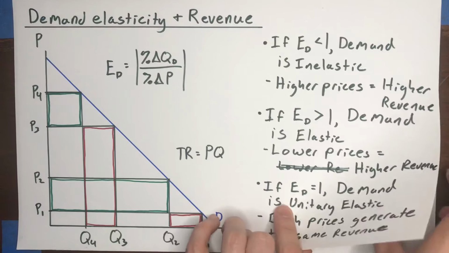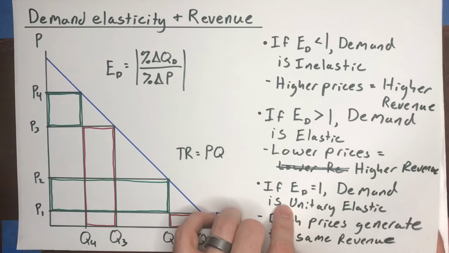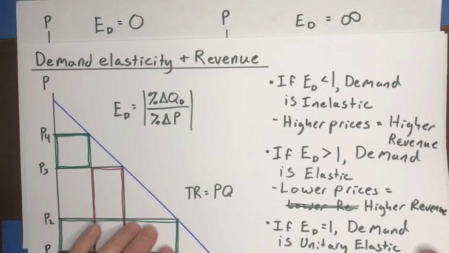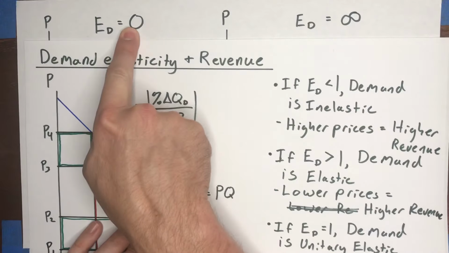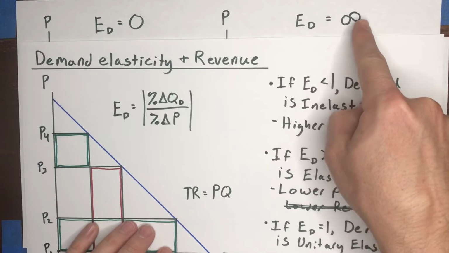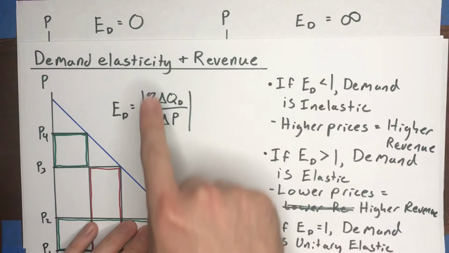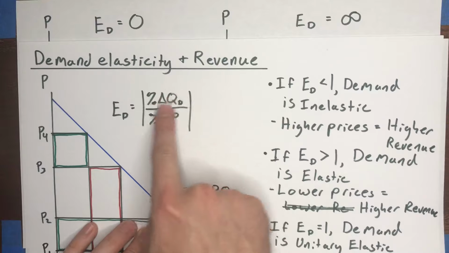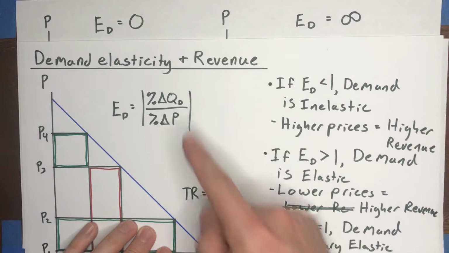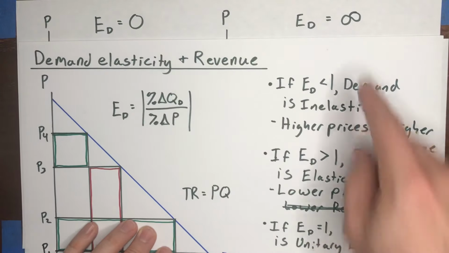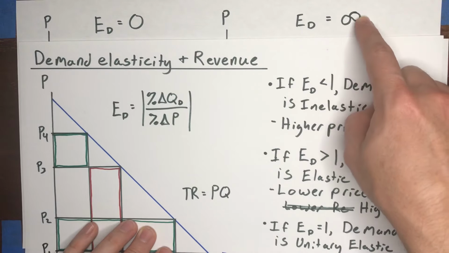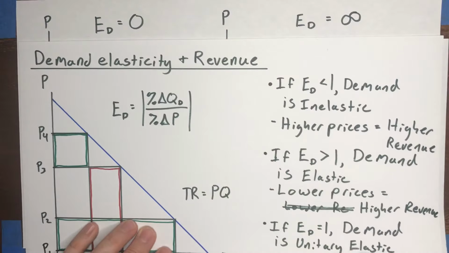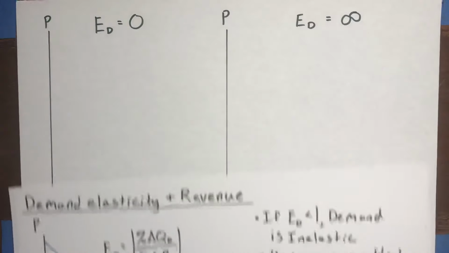Last thing I want to talk about in this video is extreme values of elasticity. So that would be if elasticity of demand is equal to 0 or elasticity of demand is equal to infinity. If elasticity of demand is equal to 0, that must mean that we've got a 0 in the percentage change in quantity demanded. And if elasticity of demand is infinite, that would mean that it's a percentage change in price that is 0. Okay, so let's think about the logic of those two